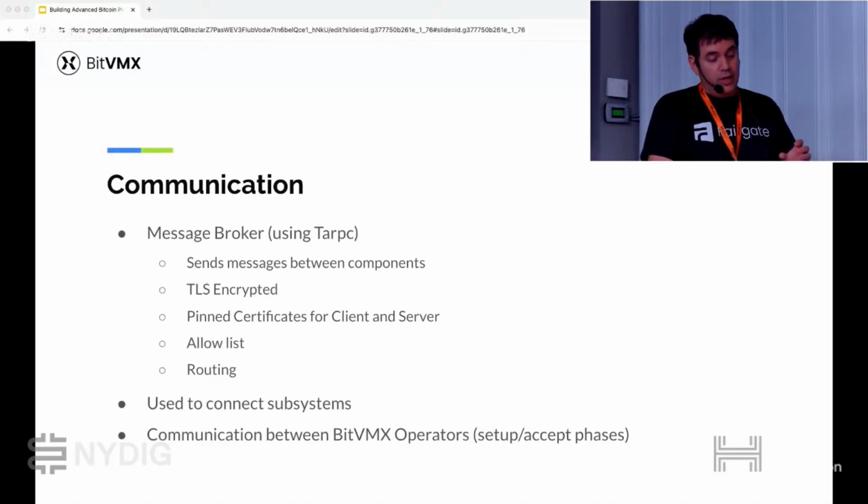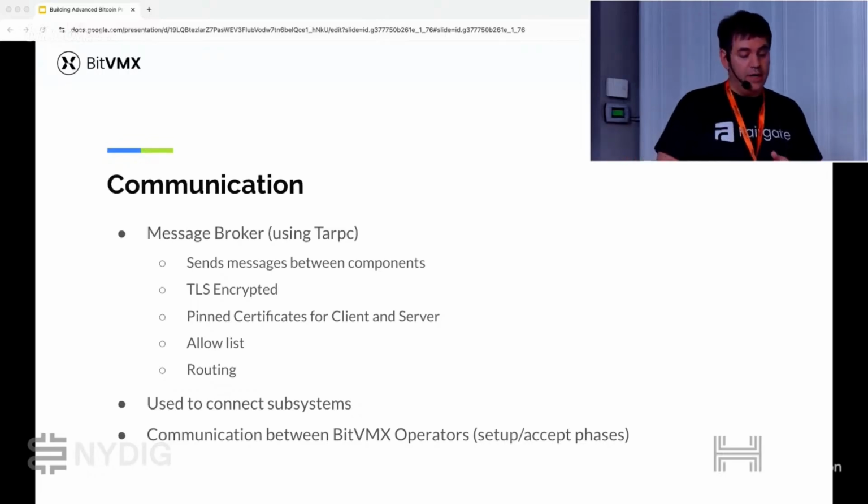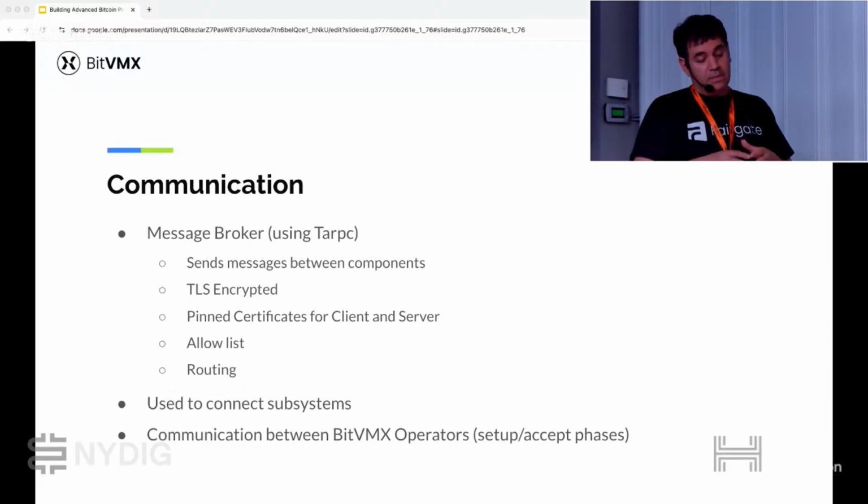For communication, we have created a message broker to send messages between modules and also between operators. It's based on tarpc, a repository from Google that handles remote procedure calls. The communication is encrypted with TLS. We also handle certificates for the client and the server, because we also have an allow list